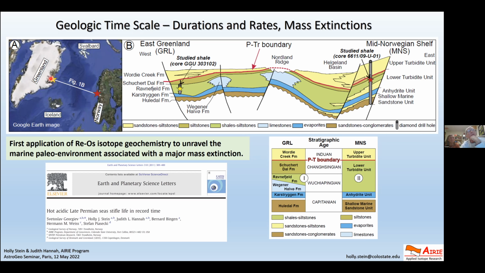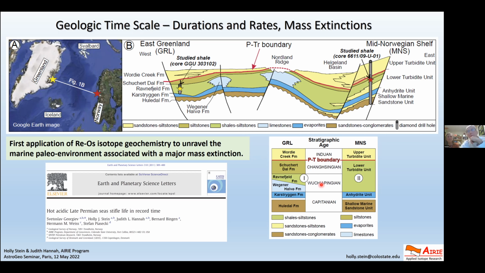And so we sampled a section here, drill core, right here, and a section on the mid-Norwegian shelf, industry supported funding here, and that's this core over here. And the question was, does this unit, lower turbidite, upper turbidite units, what is the correlation across this basin? And the industry is very interested to know that for their exploration models and so on. So we're of value not only academically, trying to move the chronometer into the sedimentary record, but also to industry. And that's important to try to find as much value as you can from your work.